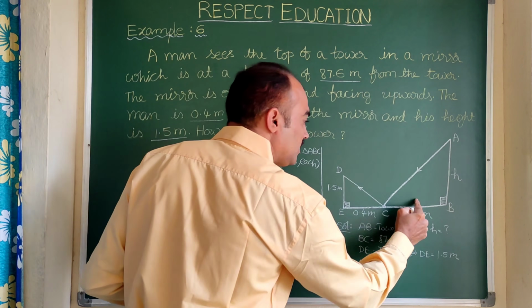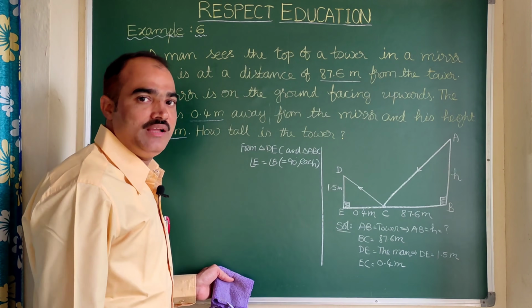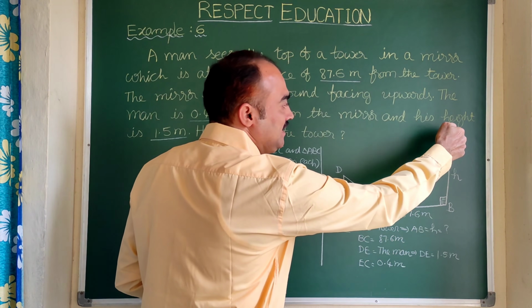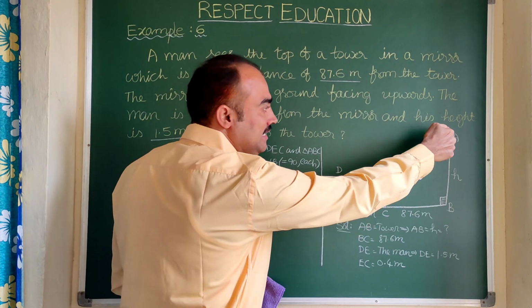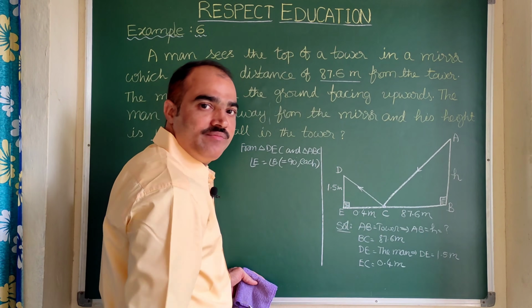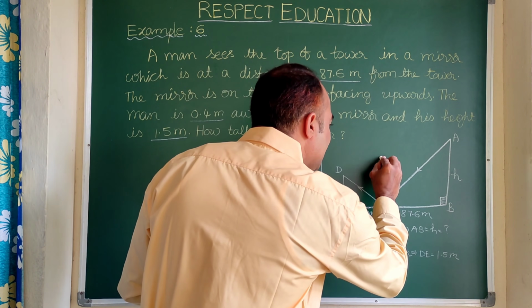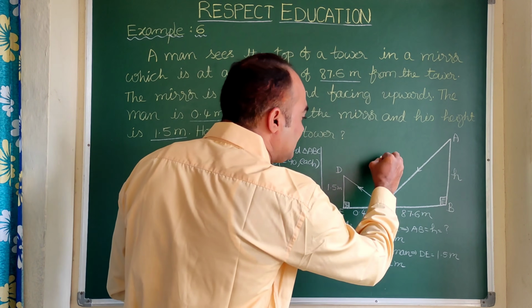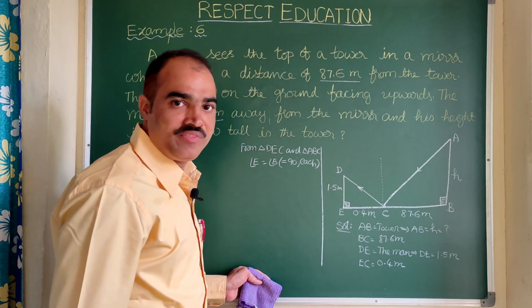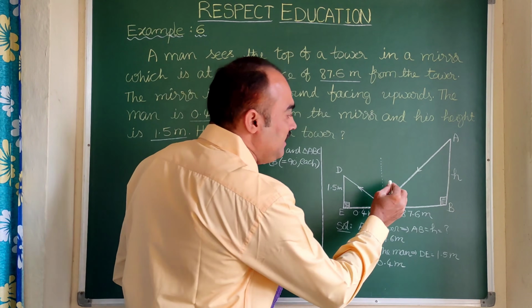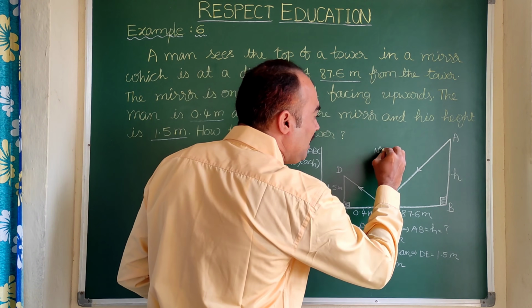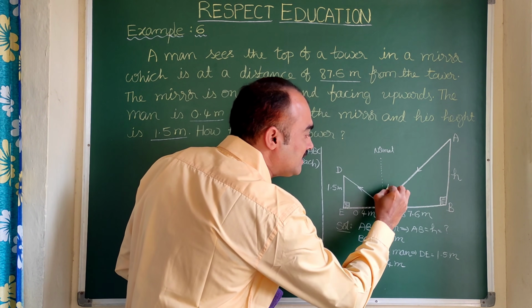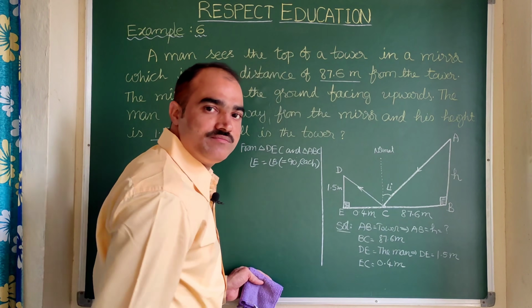So out of these two triangles we got one pair of angles. Now let us search for one more. Here you see, this is called the incident ray, this is called the reflected ray. For example, imagine that you have drawn one normal, and this dotted line indicates the normal. As you know in physics, the angle between the normal and the incident ray is nothing but the angle of incidence. This is the angle of incidence.